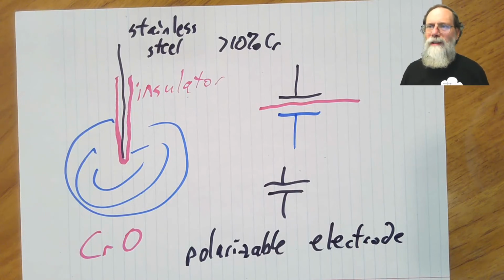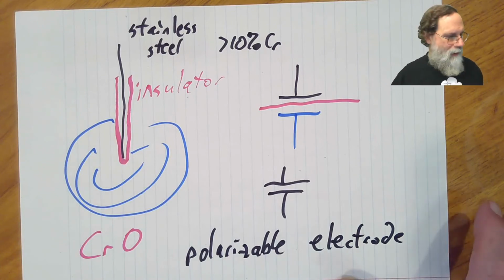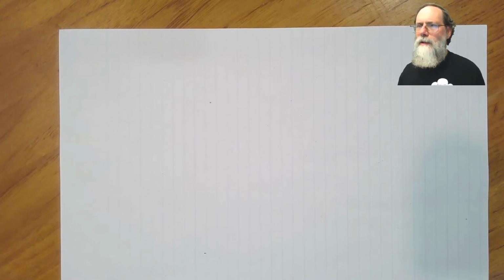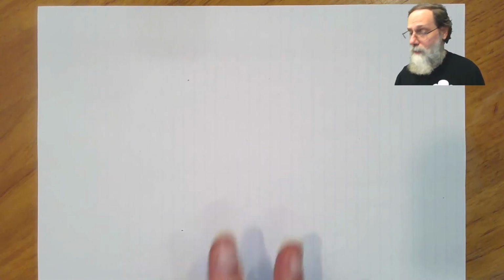Except the real world's never that nice. What we end up with is things that have some sort of insulating characteristics on the surface. They're not purely the silver chloride ideal, where everything conducts, nor are they the pure case where there's a perfect insulator and no current gets through it at all. And so what people usually do when they're modeling electrodes is to take an approach that looks at having both properties.